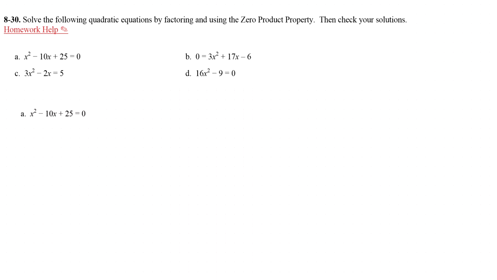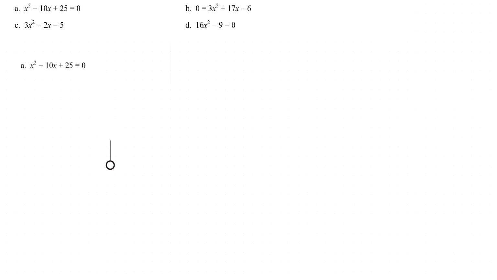Number 830. Solve the following quadratic equations by factoring and using the zero product property, then check your solutions. Alright, so in this first problem, we want to solve x squared minus 10x plus 25. So that means when we use the zero product property, we've got to factor first. So we create our